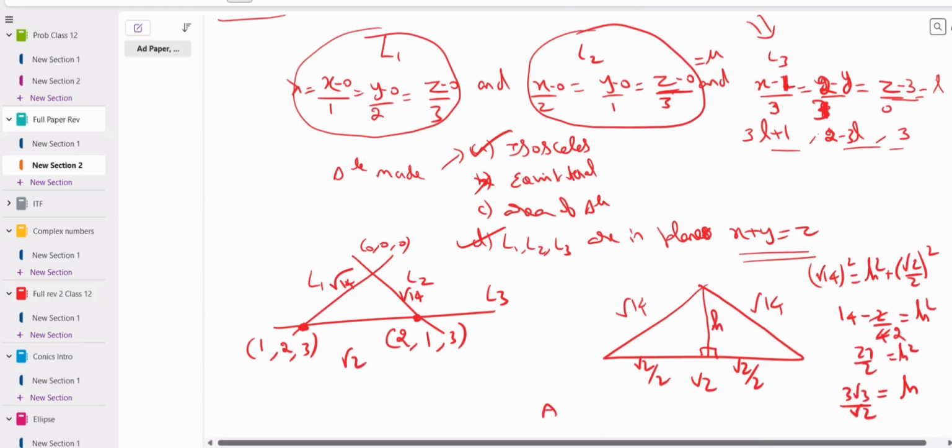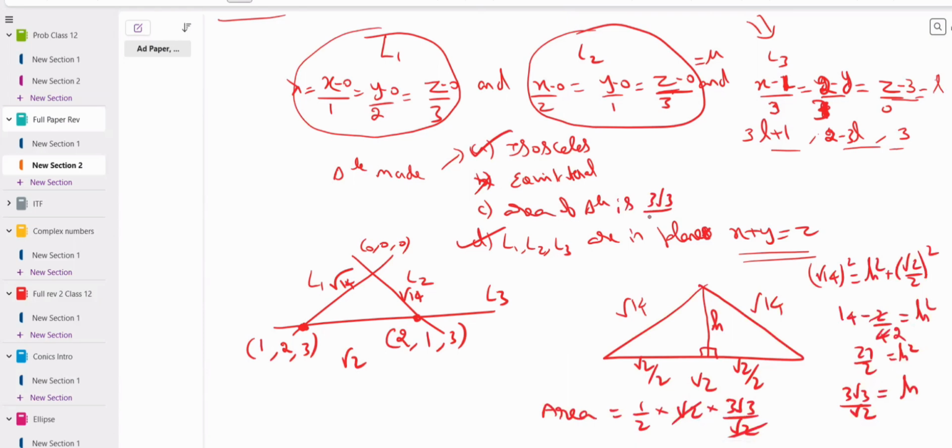So finally the area will be half into base into height. So 3 root 3 by 2 becomes the area. Okay, if they give that, that option is also a tick. So you can understand you did not toil as much as you generally do in a JEE or NCERT question, where you are expected to find the actual point by the procedure of equating the first line to lambda, second